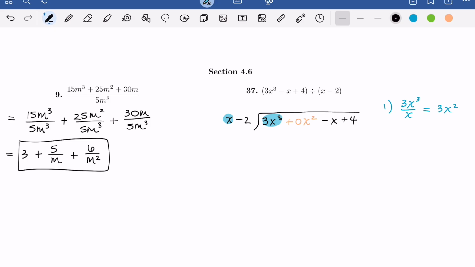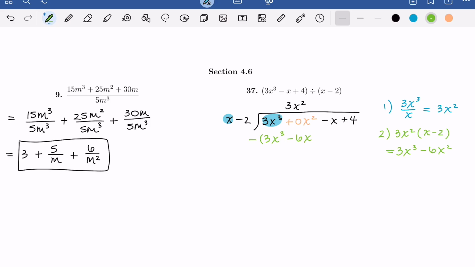So this is going to be the first term in our answer here. Now what we're going to do with this result is then multiply it by our divisor here. So we're going to take 3x squared and multiply it by x minus 2. This is going to give us 3x cubed minus 6x squared. And this is what we're going to subtract out from our polynomial in our numerator here. So we're going to subtract out 3x